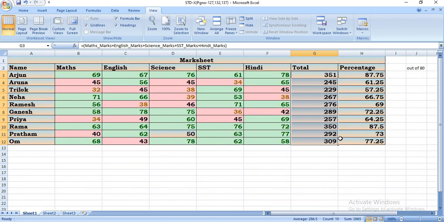In that page, whatever chart questions are there, you have to complete only those. First of all, complete pages 127, 132 and 137, and then complete the chart practical also.